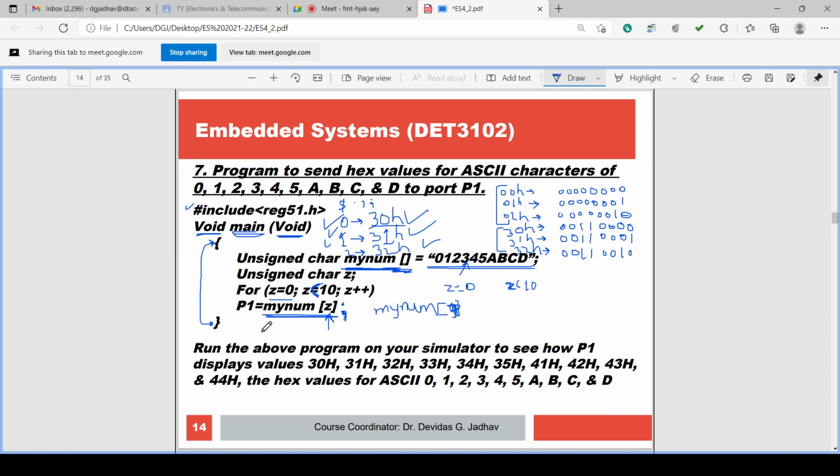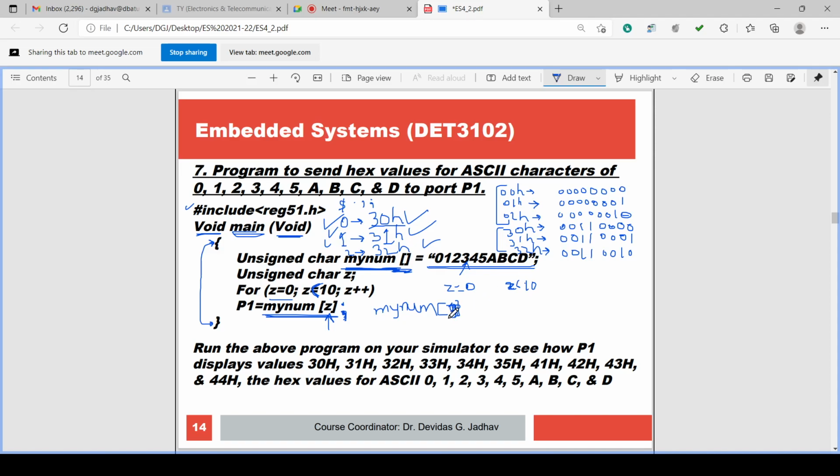So P1 equal to my num z. Each time this P1 will be assigned one of the values from this 0, 1, 2, 3, 4, 5, A, B, C, D ASCII numbers.